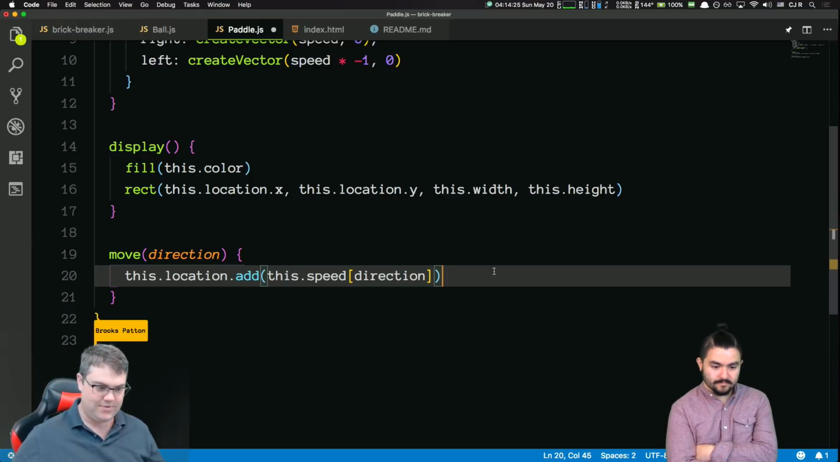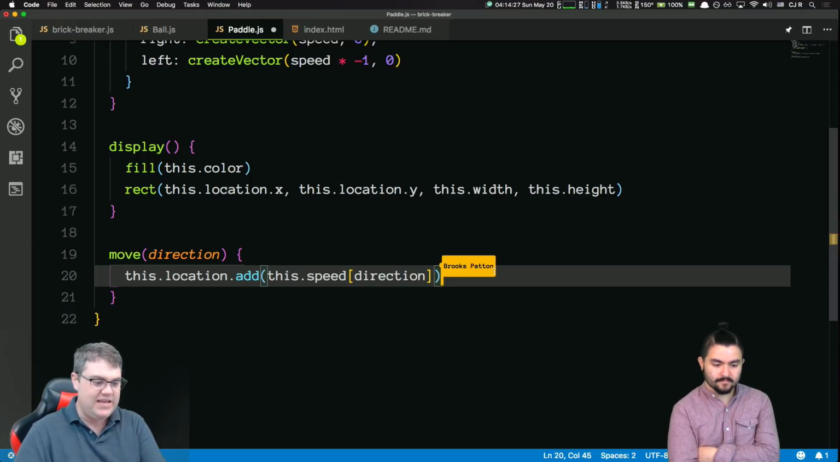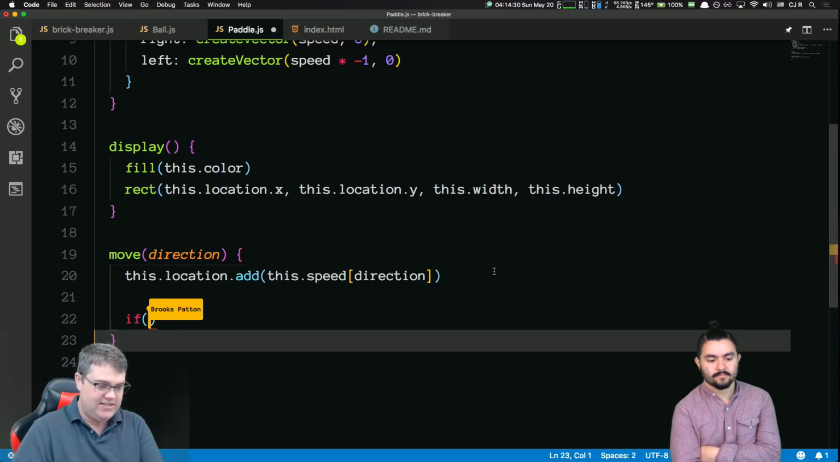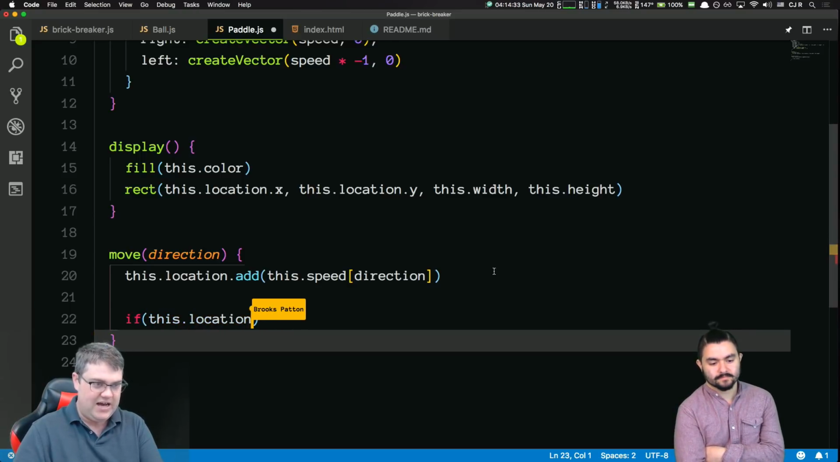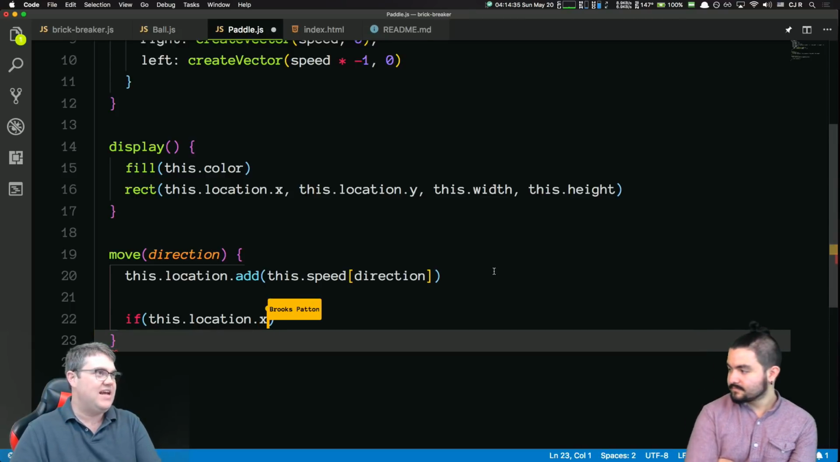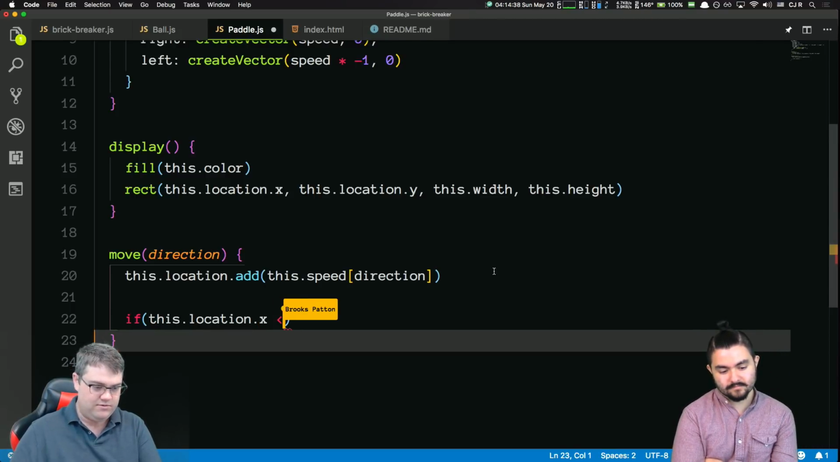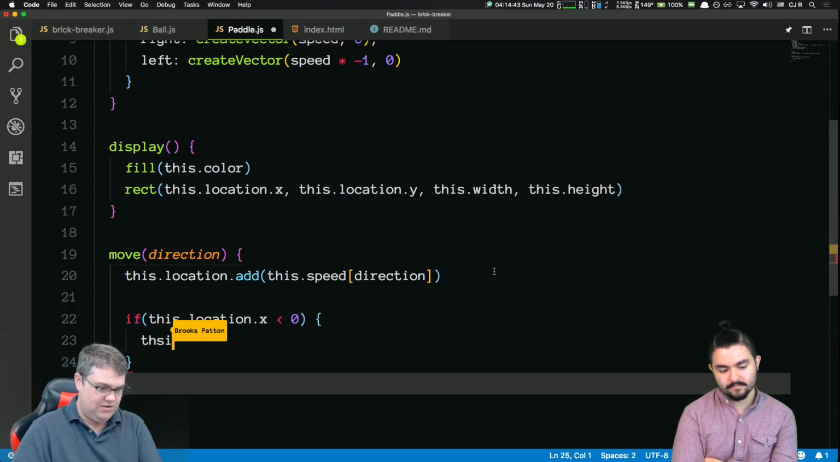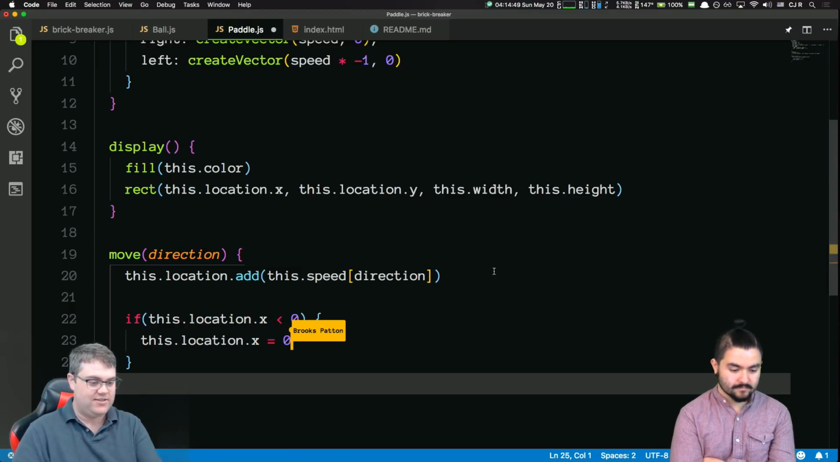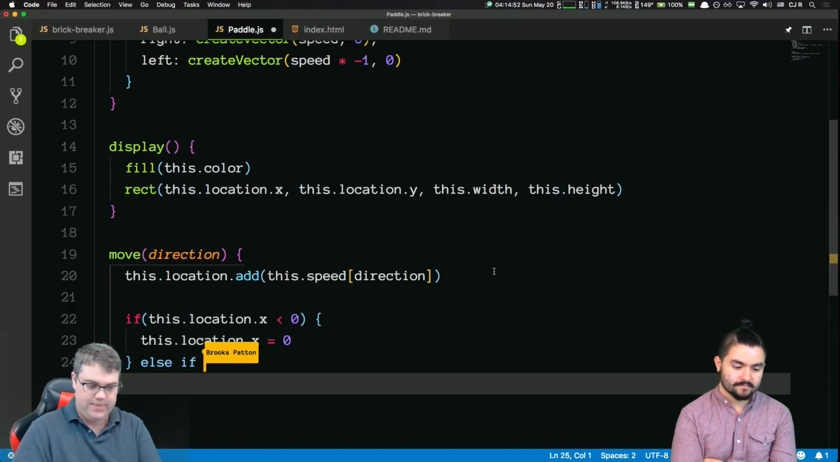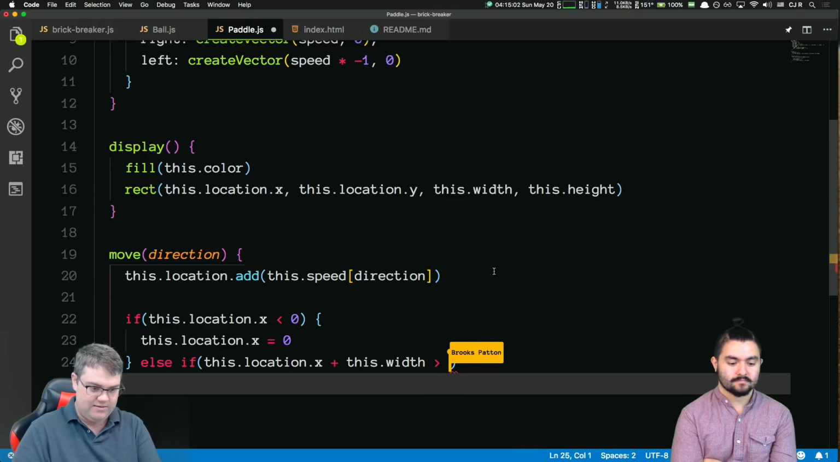So we will say if our new location, this dot location dot x, is now less than 0, we now want to just set this dot location dot x equal to 0. So we just canceled it out. Else if this dot location dot x plus this dot width is greater than the width,